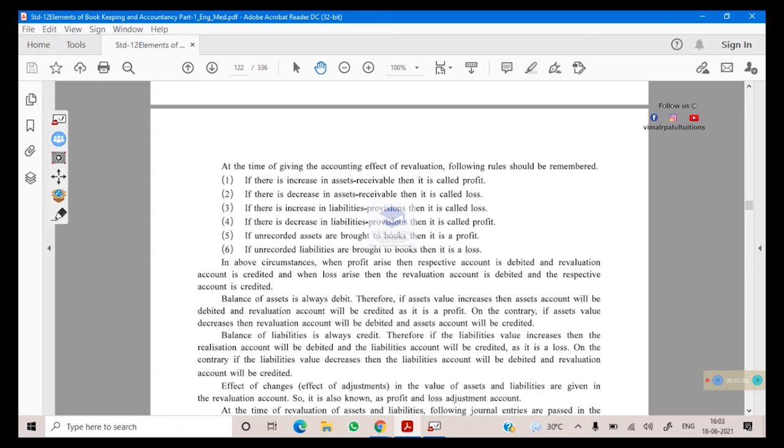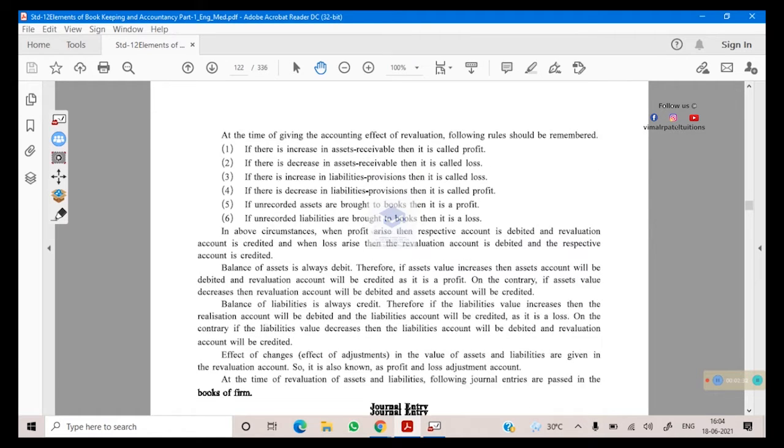Preparation of the balance sheet will be covered in the 5th and 6th chapters, admission of a new partner and retirement of an existing partner. Basically, this revaluation part will also be covered in those chapters. But right now, I am giving you the explanation. From this chapter, no question will be asked in your exam on the basis of revaluation. But still,